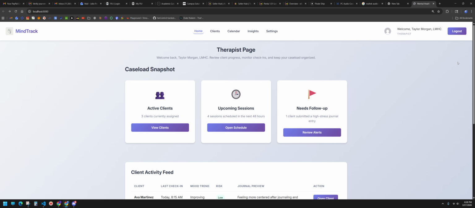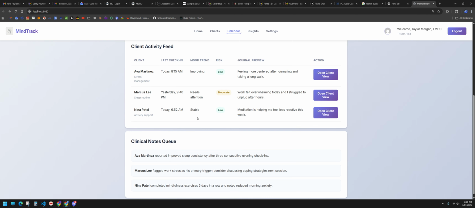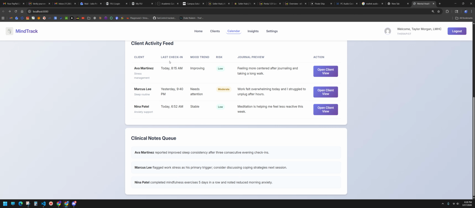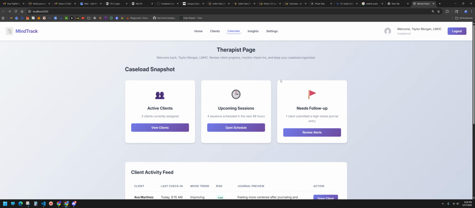I think this would give us more room to make stories on. I don't know if any of these work, but these would be the clients and what they've been working on.